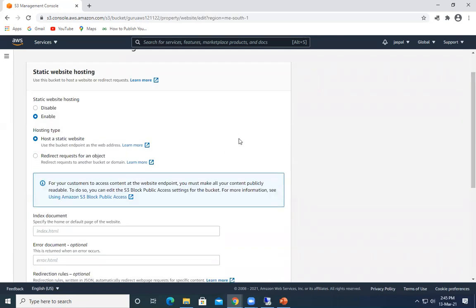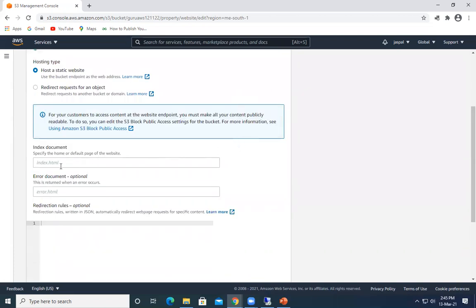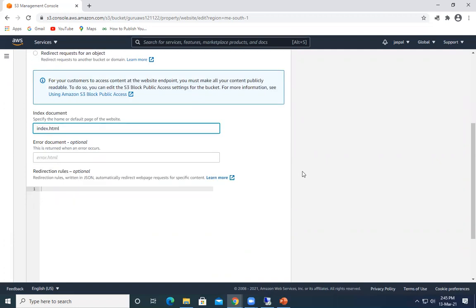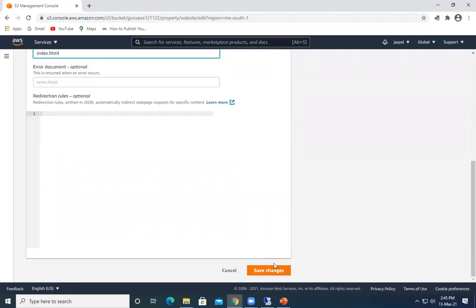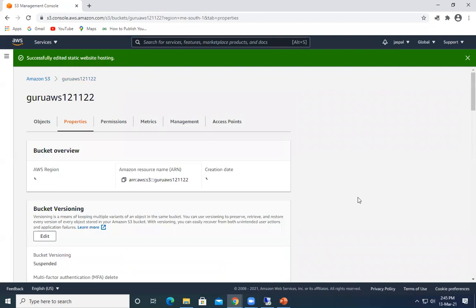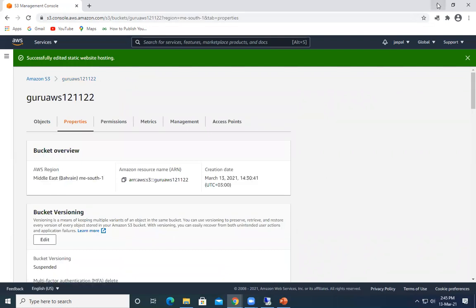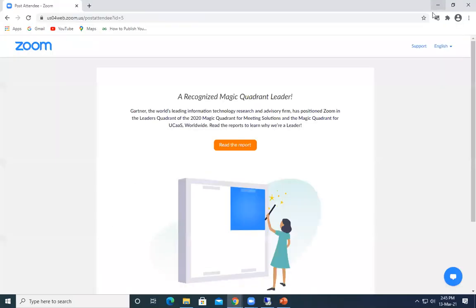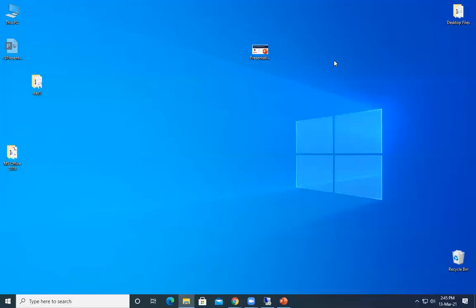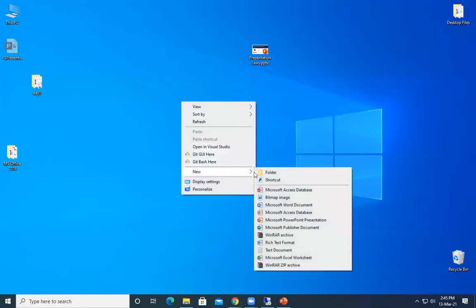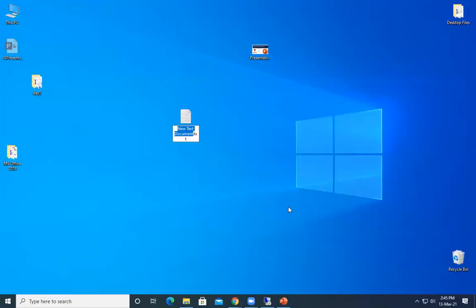You can see Host a static website, and we have to define the default page, let's say index.html. These are all optional. Let's save the changes. I'll go to my desktop and create an index.html file, then we will upload it to the S3 bucket.